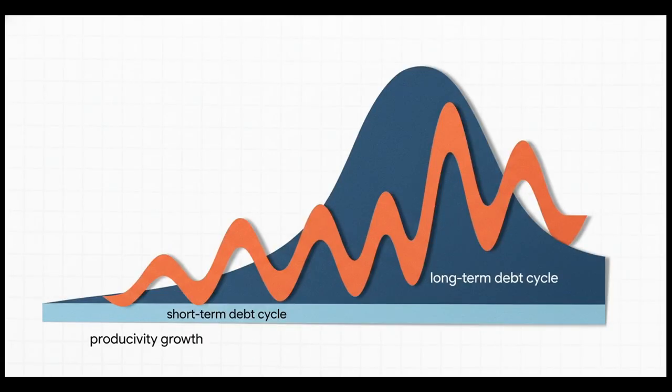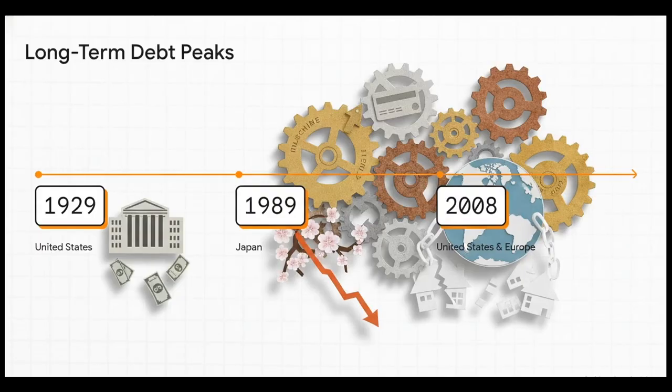And finally, layered over both of those is the big one, the long-term debt cycle. We're talking a massive 75 to 100-year wave, and it happens because, well, it's just human nature. Over generations, we tend to borrow and spend just a little more than we pay back, causing debt to slowly, silently rise faster than our incomes. And when that long-term cycle finally hits its peak, man, it is a huge deal. And this isn't random. We saw it in the US back in 1929, we saw it in Japan in 1989, and of course, we all remember 2008. It's a predictable part of the machine.